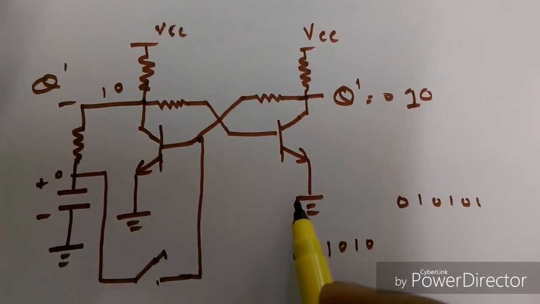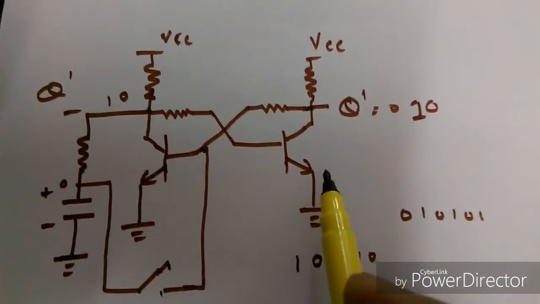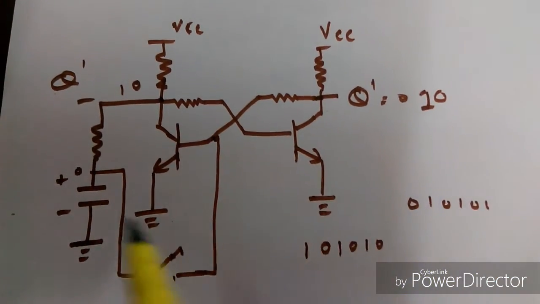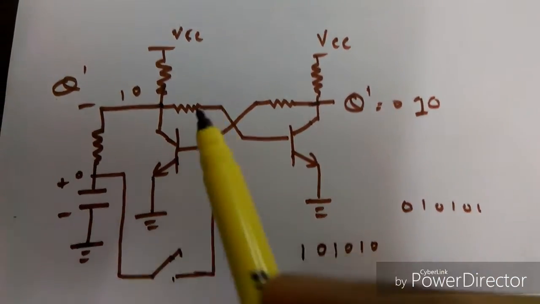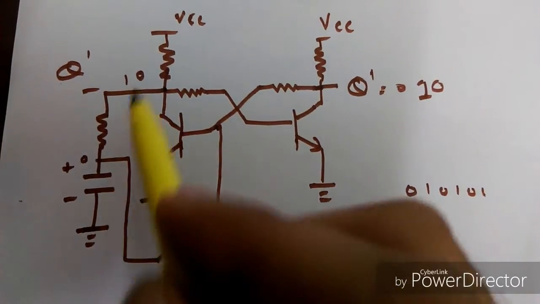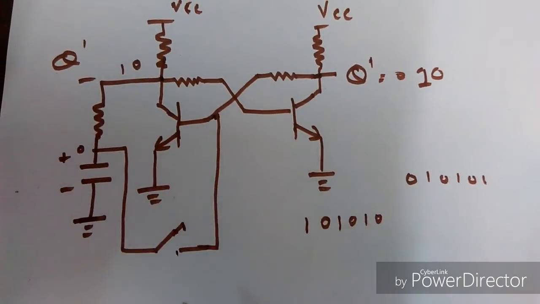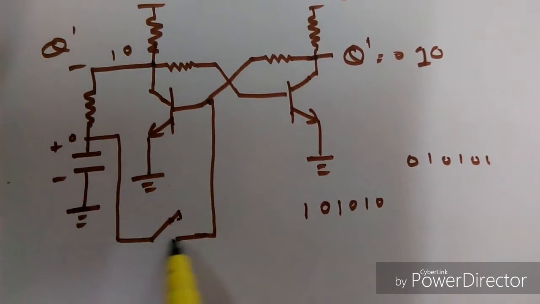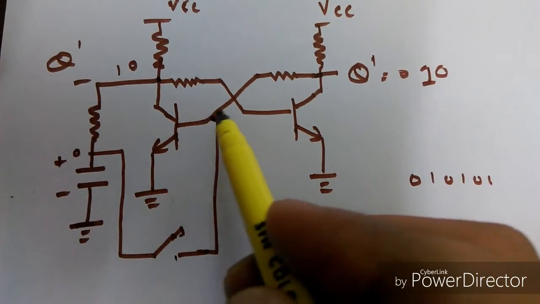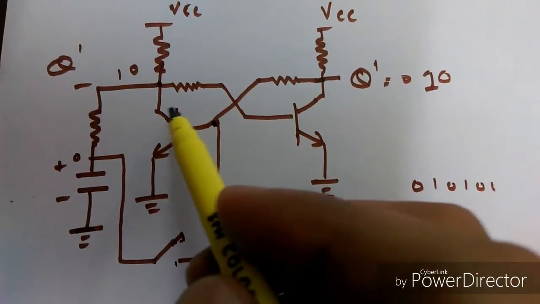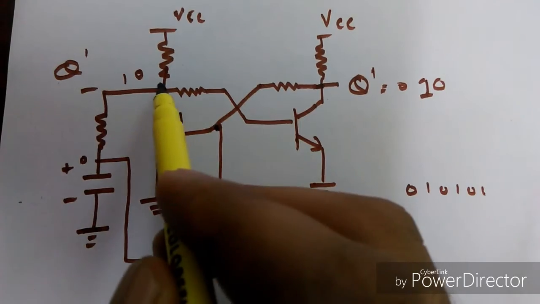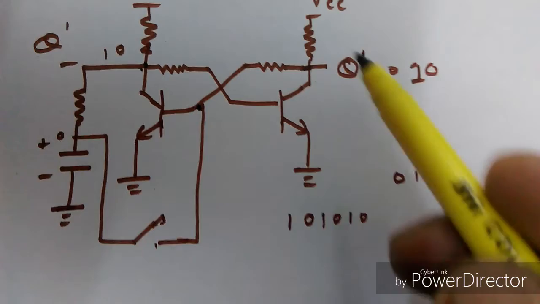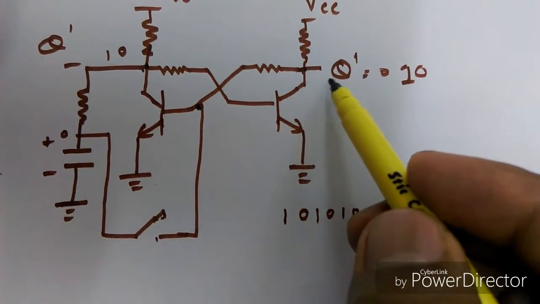When we power it on, its initial condition is 0, its output is 0, and we can see here that this capacitor gets fully charged due to this 5 volt. But when we press this button, it will give 5 volt to this circuit, and this 5 volt turns this transistor on and it will give output 0, and then this 0 will turn off this transistor, and it will give output 1.